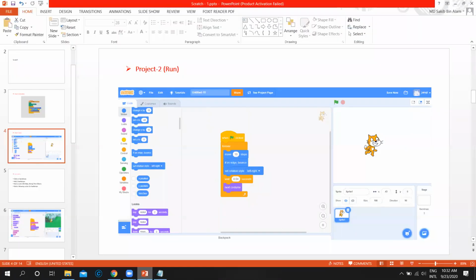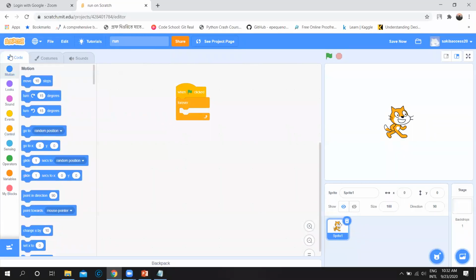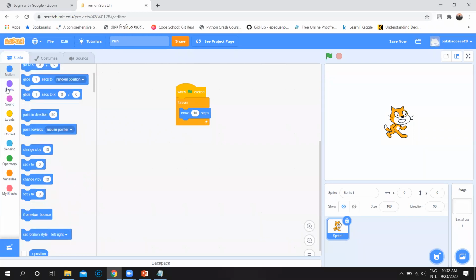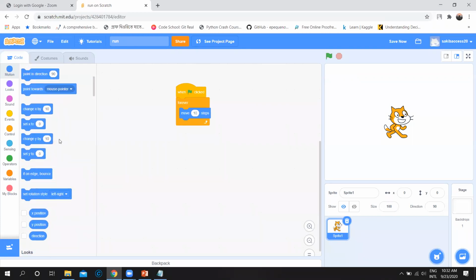So I will give some commands: move 10 steps, if on edge bounce. Click on Motion. I am selecting move 10 steps. Then in the Motion section there's also the option if on edge bounce.